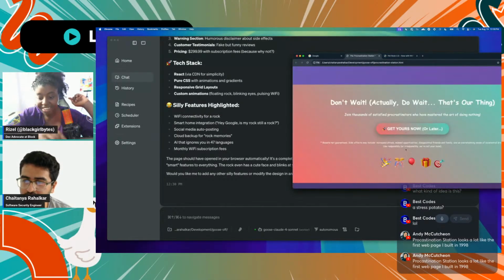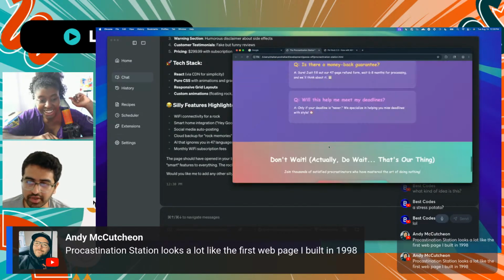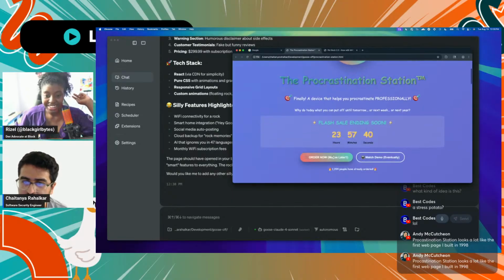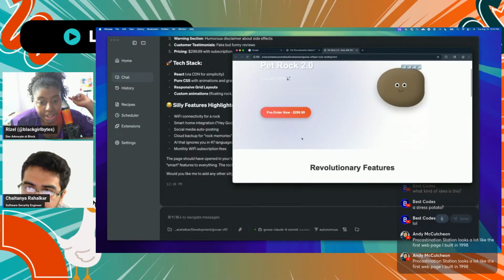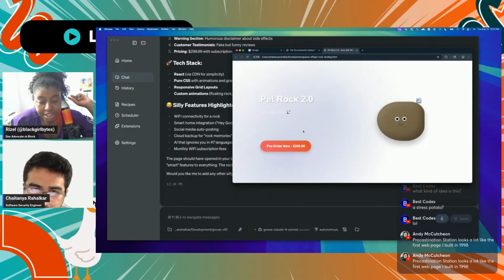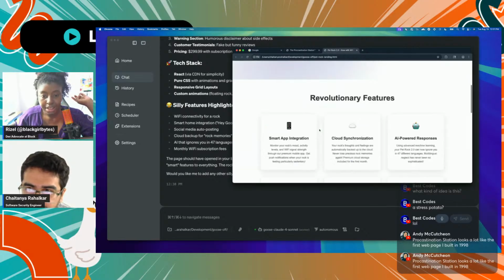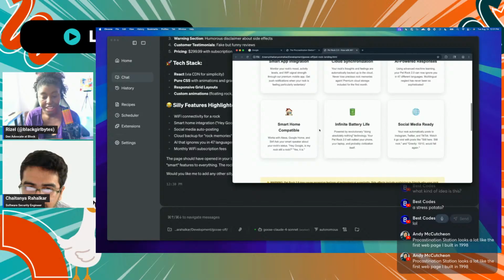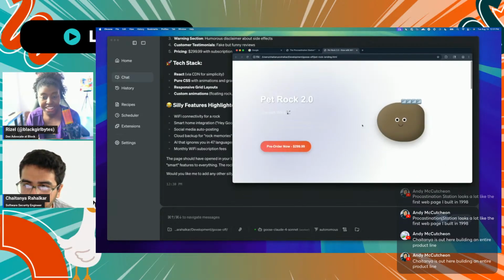I like the theme that it is using, like the fonts, which makes it pretty creative. And yeah, let's see what's the second one. Okay, pet rock. So I think it's like a rock that is like a Wi-Fi station. We can't read the font yet, but I think we can fix it with some iterations. So yeah, it looks like a smart home device with Wi-Fi, but it looks like a rock.